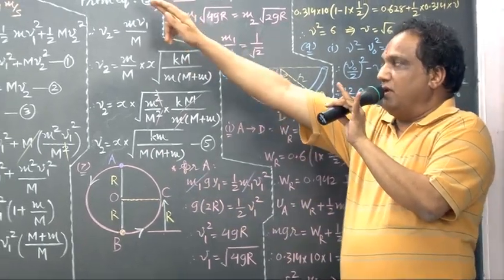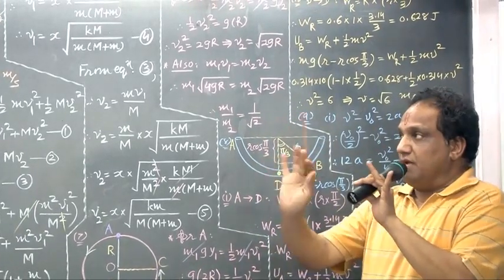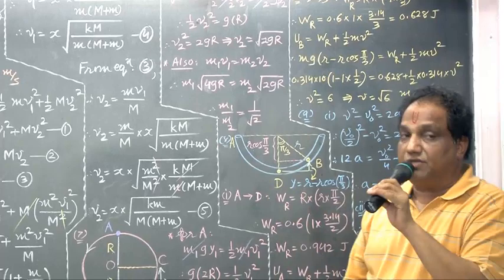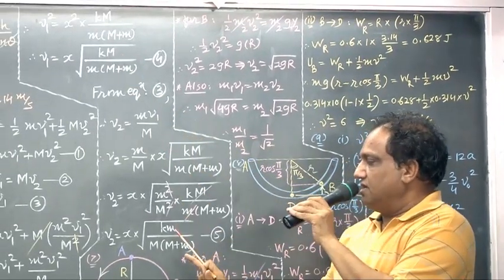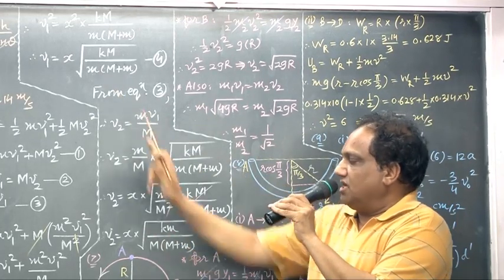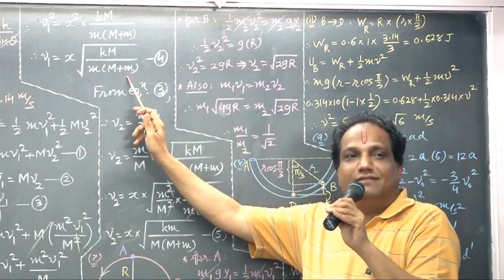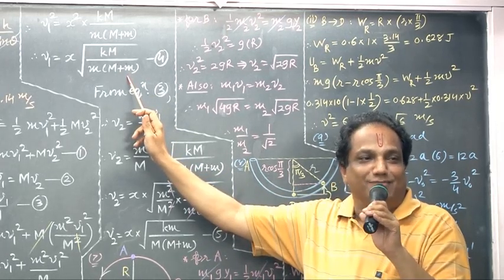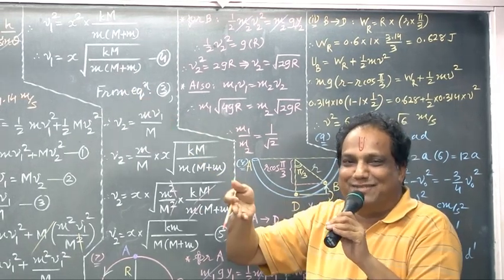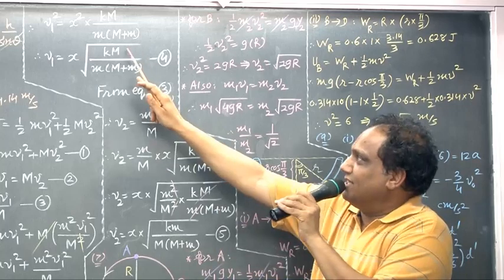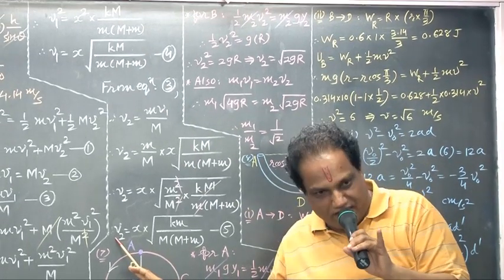Now, if you want to remember both the equations at a time without any other tension, simply interchange the two masses, that's all. Instead of capital M, what appears here? Instead of small m, what appears here? Don't interchange the masses in the denominator, it is meaningless. When you write capital M here, you will write small m here, but the addition will remain the same. So interchange these two masses, then you get the formula of v2. Just to remember easily. Next.